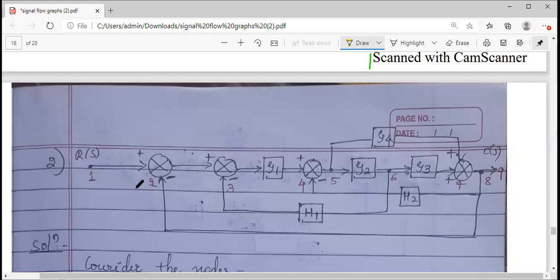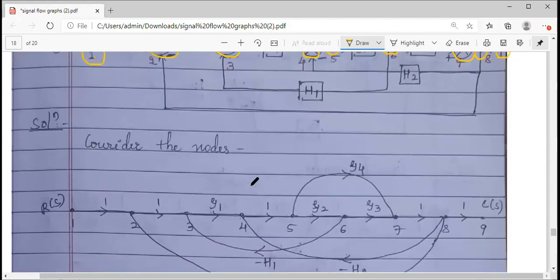So I have marked it with the red pen. You can see this is the input variable and this is your output variable. So input to output is done. Then summing points: 1, 2, 3, 4. So 4 summing points. For each summing point, 1 node. Then you have takeoff points: 1, 2, and you can see there is one more here, 3. So totally 3. So summing points 4, plus takeoff points 3 is 7, plus input and output 2 is 9. So totally 9 nodes you have to mark. I have marked them here.